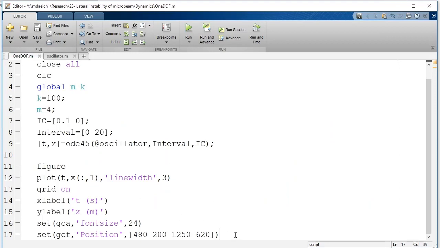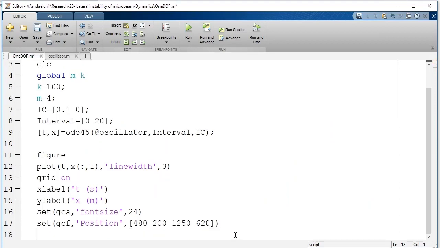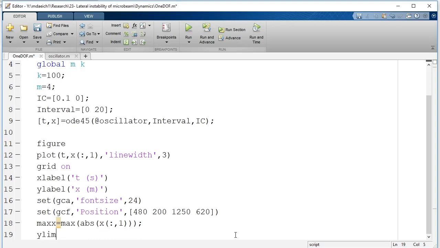So let's call this max x, which would be equal to the maximum of the absolute value of x, all rows and the first column. And then I would say y limit would be minus 1.1 times max x and 1.1 times max x. So if I run this,